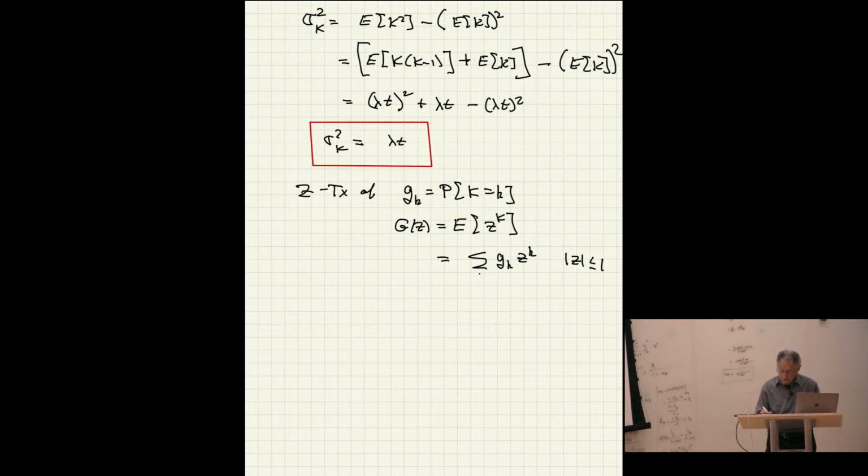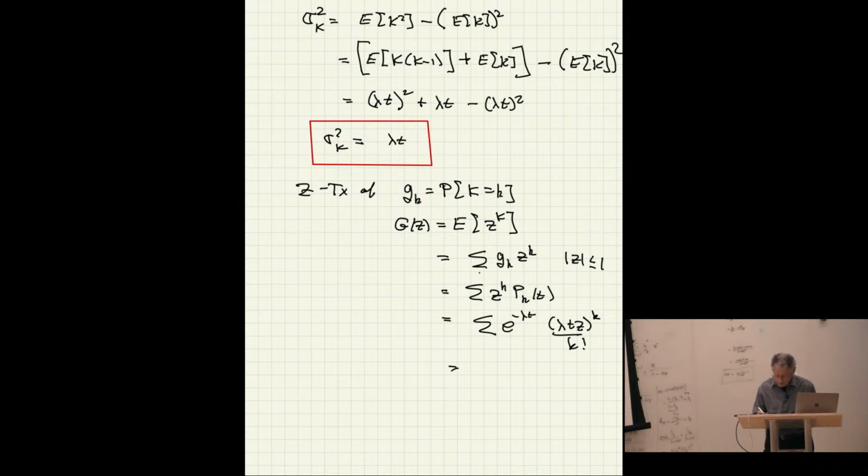So let's plug in for the gk. Gk is what I want, is pk of t. It's z to the k pk of t. That's what I mean by gk. Let's plug in the exact value. That'll be the summation e to the minus lambda t. And let's put a z to the k inside the power to the k. I had lambda t to the k times z to the k, so lambda tz to the k over k factorial,